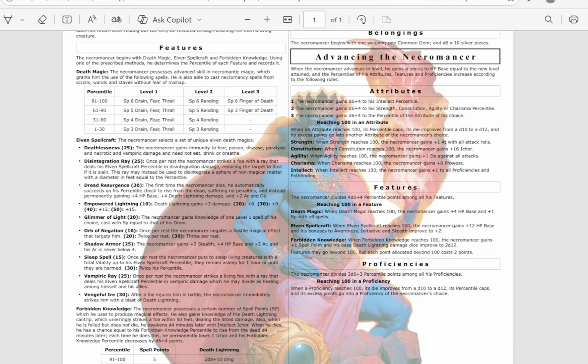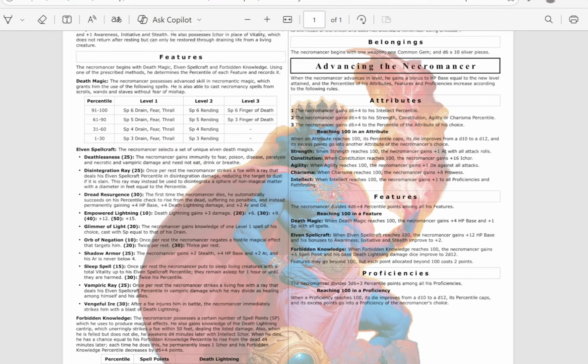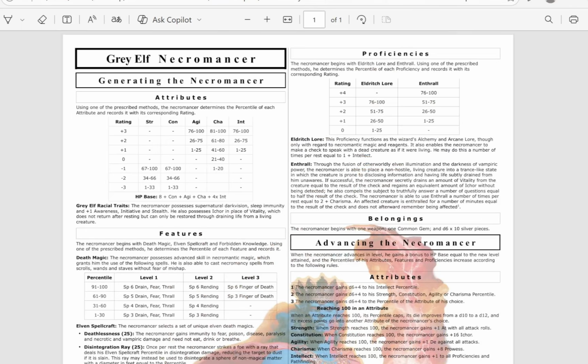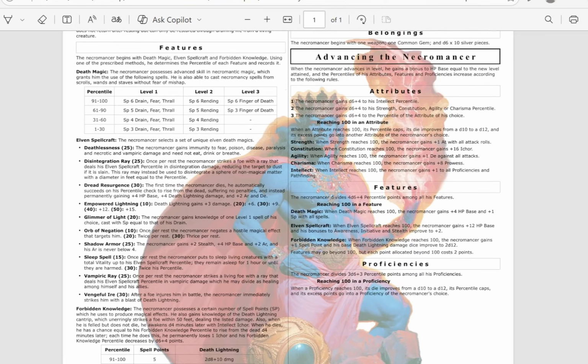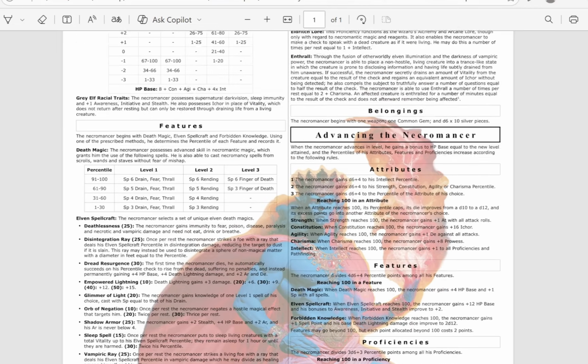He might be 300, 400 years old. He might be 600 years old. He might be 100 years old. But he may be an outcast from a society. He may be a group of gray elves who have turned toward necromancy. So he's just again very different from any other class really, and it's particularly just a different perspective on life. You have to drain life just to live.